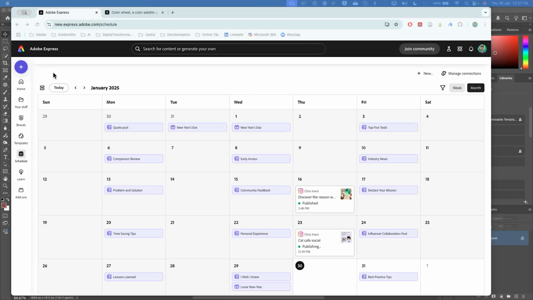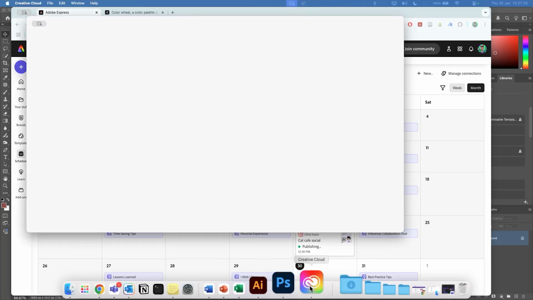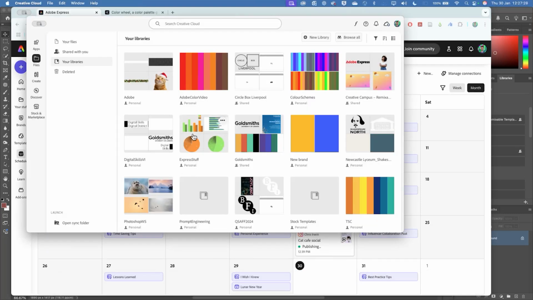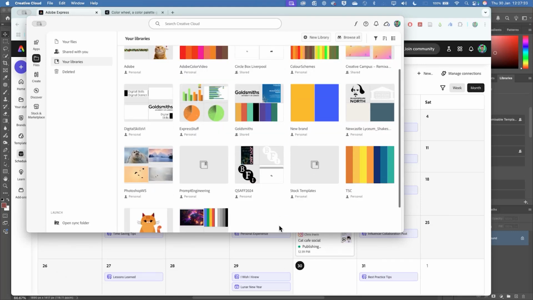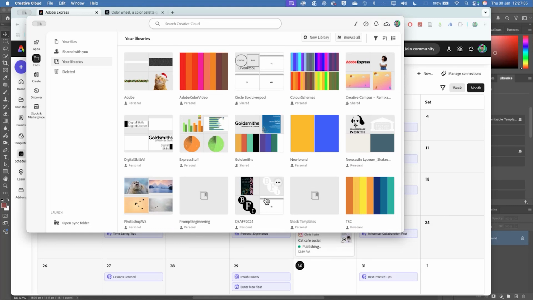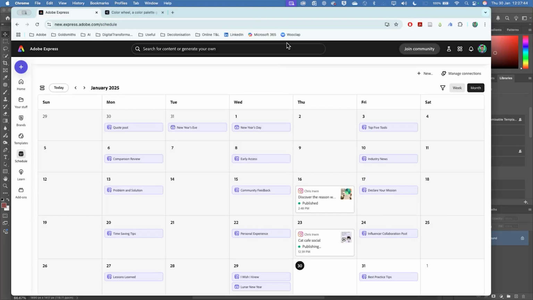And you can create those libraries in whichever app you're working in, and it'll sync across all of the apps. So you don't have to start creating your library in the Creative Cloud app. I don't think I've ever created a library in here. I've created all of these libraries in other applications. Does that answer your question? Yeah. Perfect.